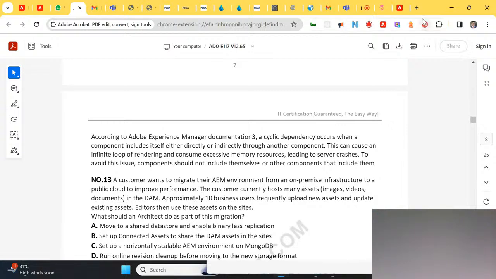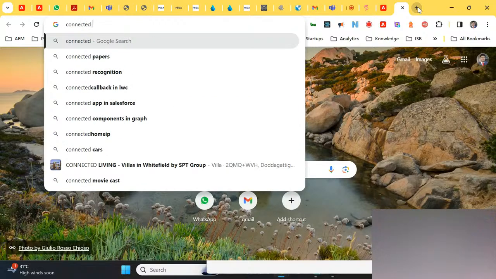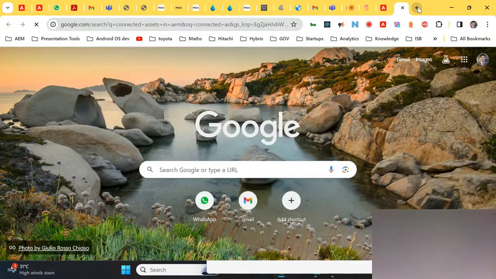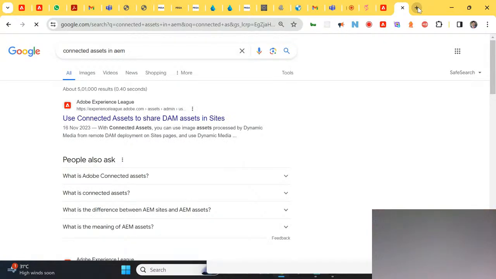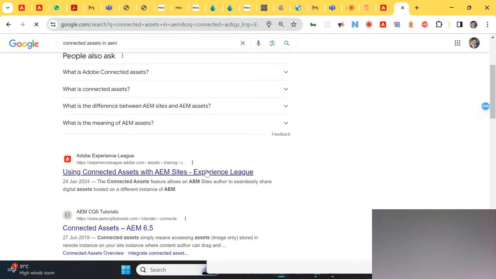Is it like that asset is on DAC and then we map? I have heard about DAC asset, so assets are uploaded to DAC. No, I have not heard about it.